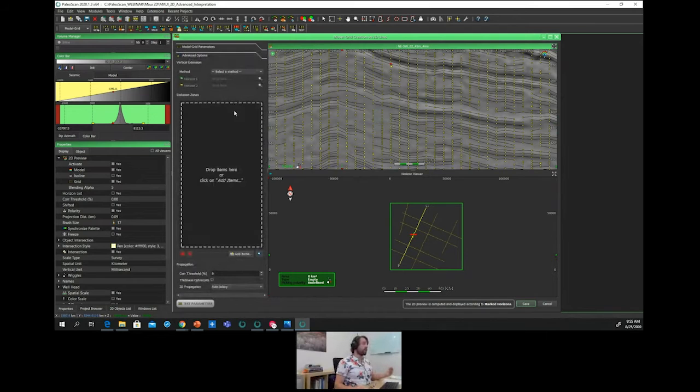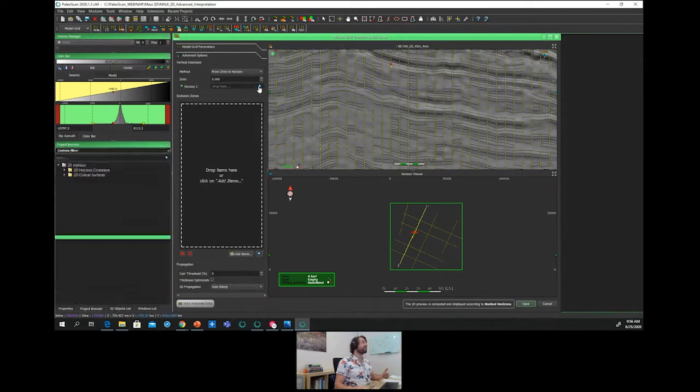There are some more advanced options concerning the constraint of the creation of the model grid. For instance, we can create from a minimum depth value, so a minimum depth to a horizon, the model grid.